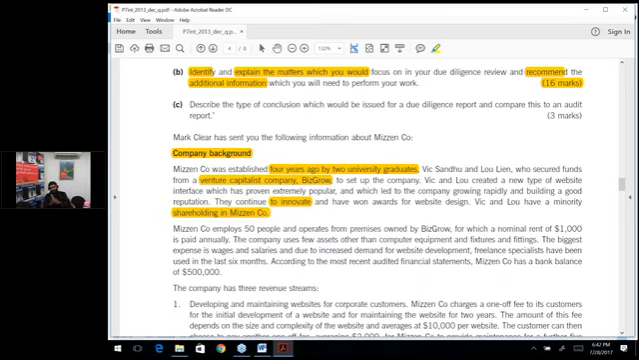Now you see, the client has approached us and he says that I want to acquire this Mizzen company. So now if this client wants to acquire the Mizzen company,